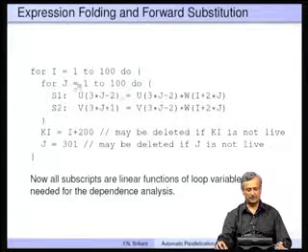Since k I was a constant, we could replace it by I. So, k I is I plus 200 and j is 301. Suppose k I and j are actually not used later on, they are not live after this point. Then in that case we can delete these 2 statements, they will not be needed, otherwise we need to retain them. Now, you can see that all subscripts are linear functions of loop variables as needed for the dependence